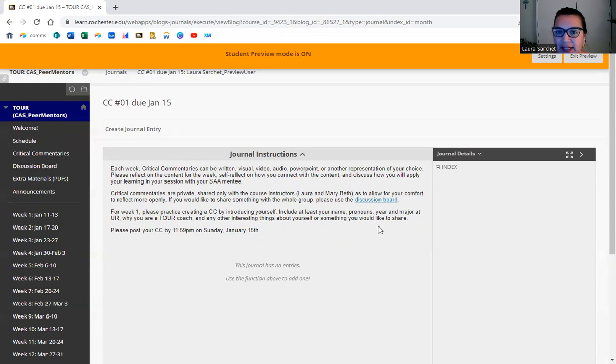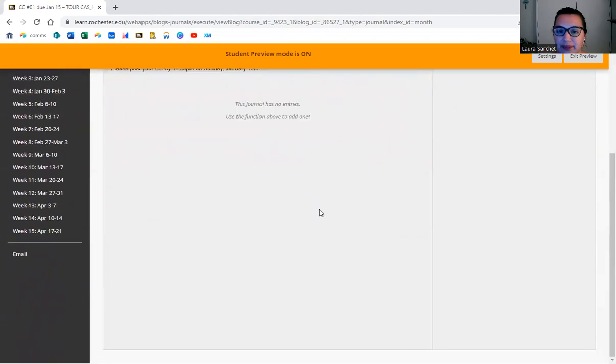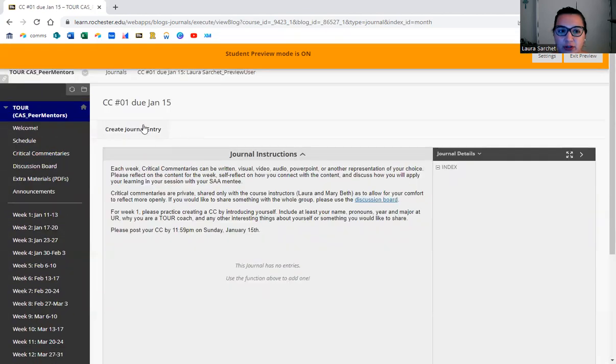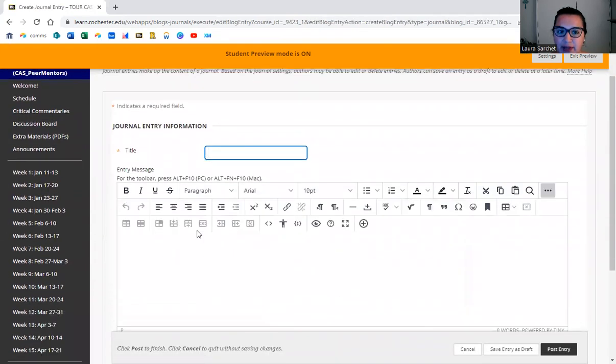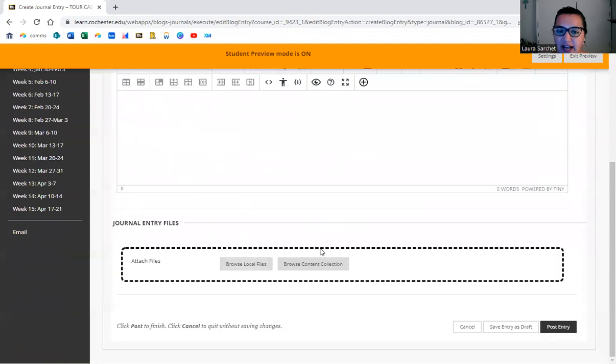And any of those formats can be uploaded here when you create a journal entry. You'll just click on that button and it'll allow you to type directly in here or attach a file. So if you choose to make a video file, or if you want to type on a Word document or do a PowerPoint or a Zoom recording of yourself talking through the content,